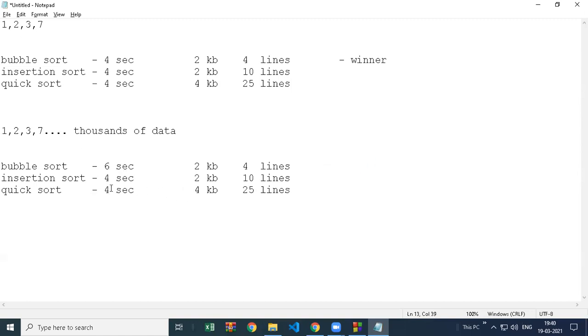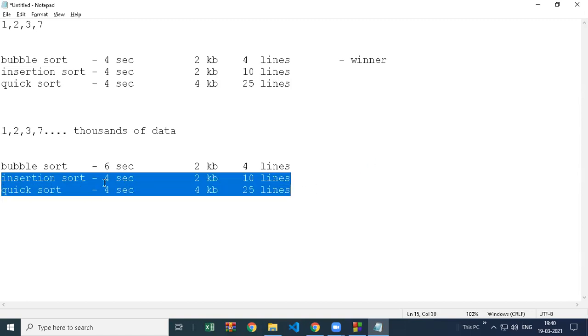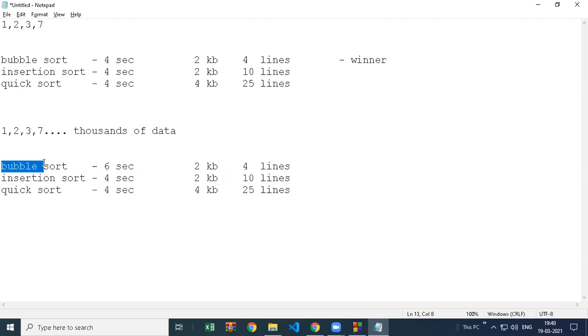Now there is a clash between insertion and quick sort, not bubble sort. Bubble sort has fewer lines, but it is only a good algorithm for small programs, small data. When it comes to big data, bubble sort starts taking more time than insertion and quick sort. So between insertion and quick sort there is a clash.